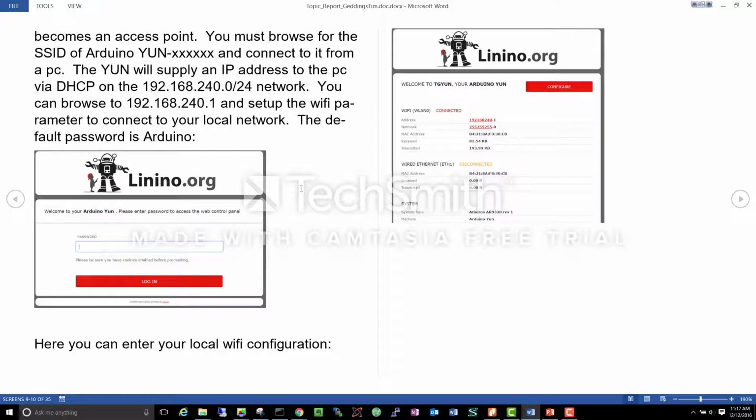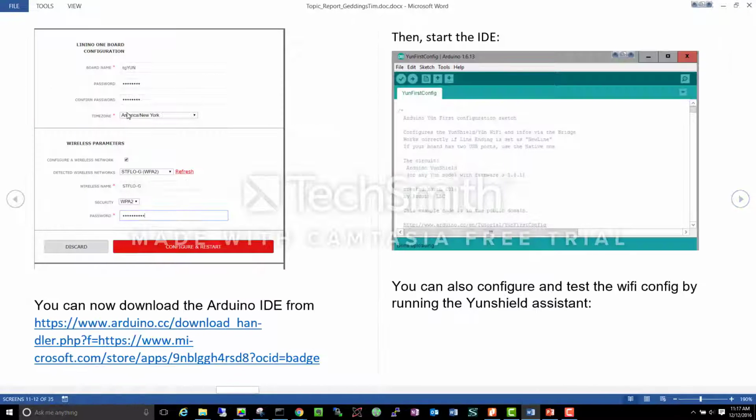It will then supply an IP address to the PC via DHCP on the 192.168.240.0 network. You can browse to 192.168.240.1 to set up the Wi-Fi parameters to connect to your local network. The default password is Arduino. Here you see the screens. You enter your local Wi-Fi configuration here, including your